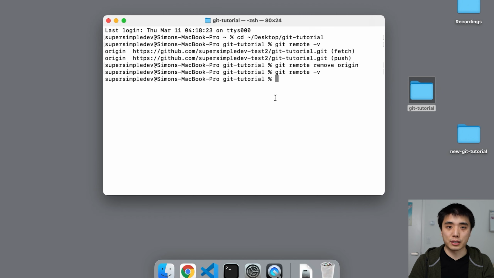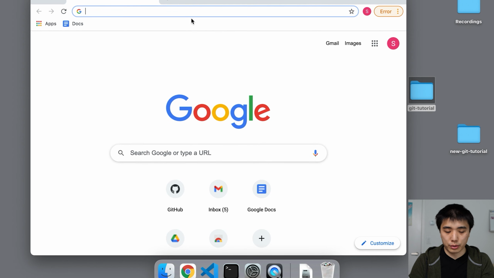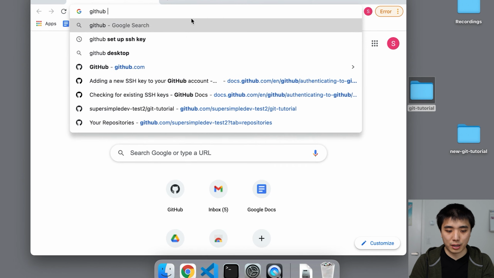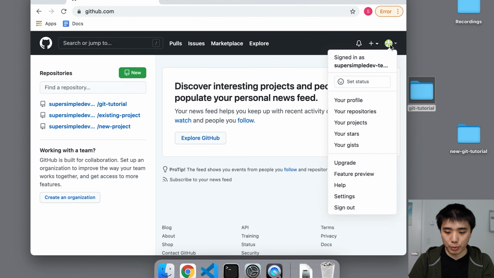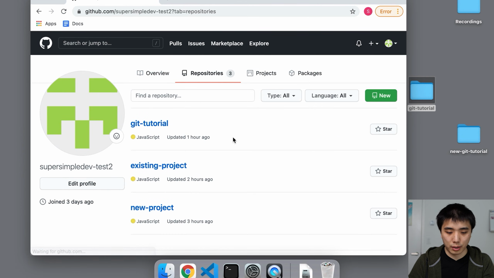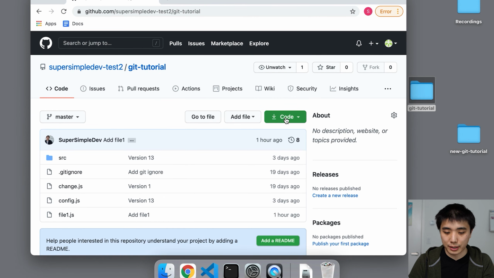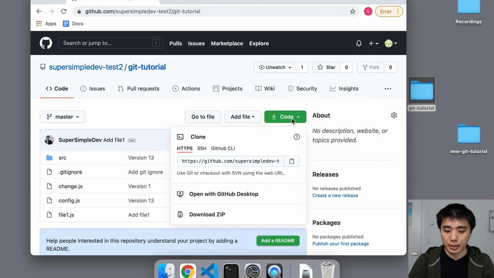Now let's get that git URL. So we'll go into our web browser. We're going to github.com, and let's open up our repository on GitHub. So it's this one, and we're going to click this download code button. But this time we're going to select the SSH URL. And this one's going to start with git. We're going to copy this one